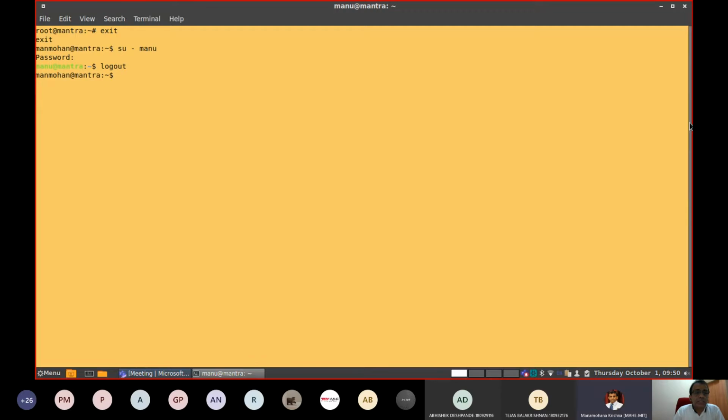Here you can use the logout. If you log in using su command, you can say logout to come out and come back to your original user ID. The moment you log in with the particular username, you can impersonate him. Whatever you are going to do, you are going to do on behalf of that user.